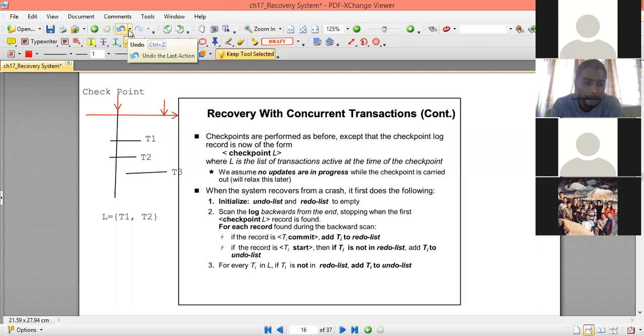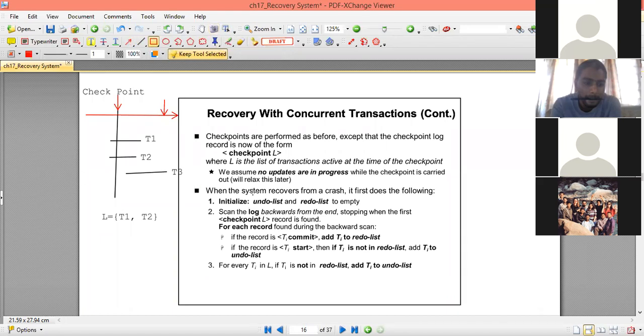When the system recovers from a crash, as I mentioned, it will first create the undo list and redo list, and they will be empty initially.